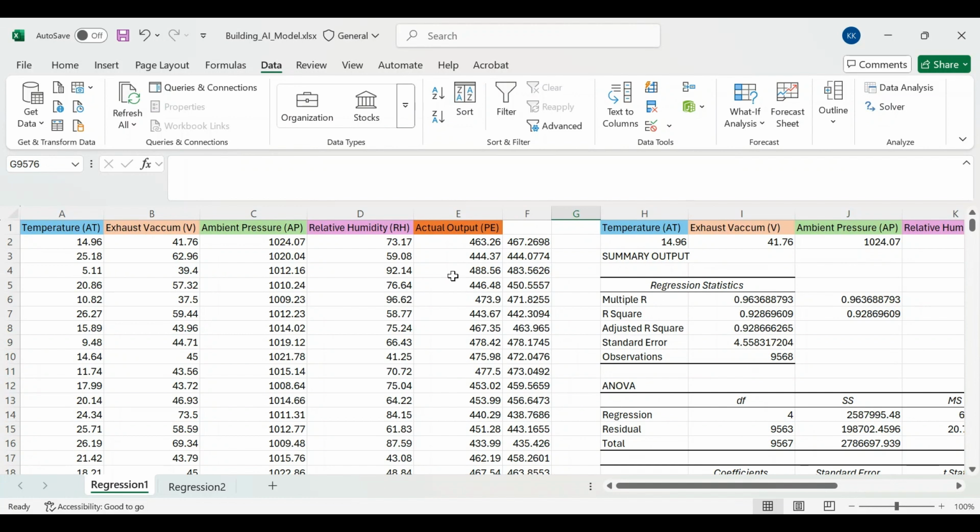Now for the model building, we need to select input features. We have four input features here: temperature, exhaust vacuum, ambient pressure, and relative humidity. And we have the final output. The actual output is given as P, which is the hourly power generation output. If we want to predict the output using these four input features,